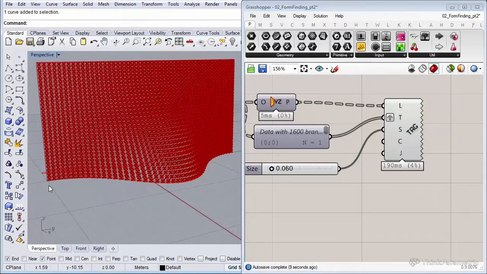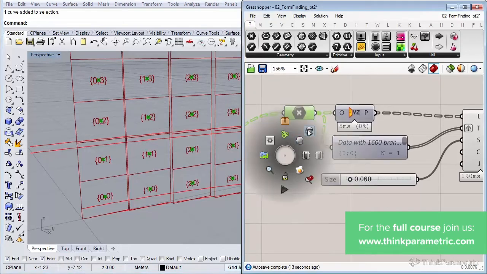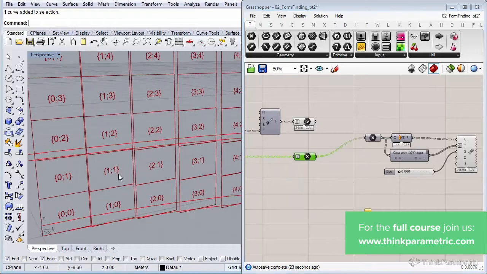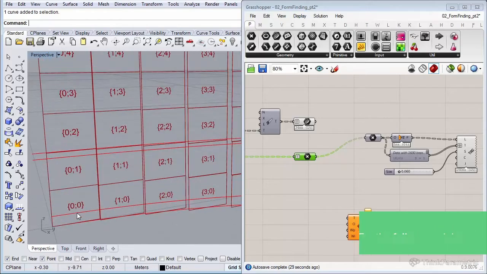Let's zoom in a little bit. So this is how our bricks are ordered. So we first, in the left bottom part, this is our first brick, the 00. And then the column goes up.